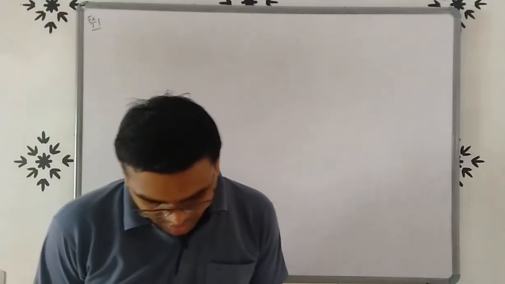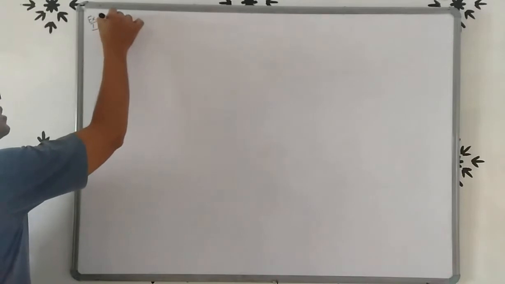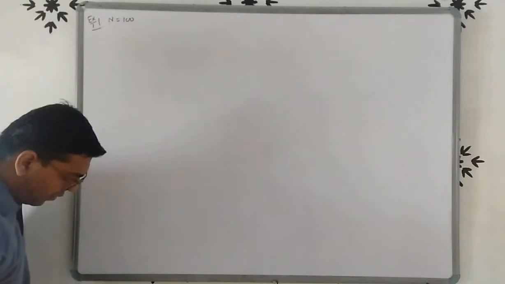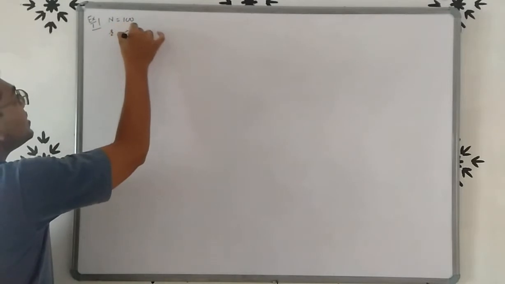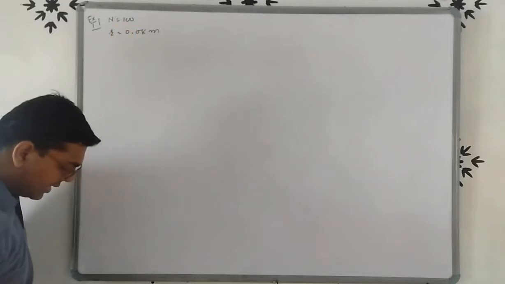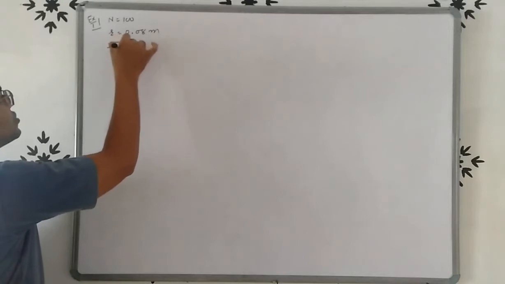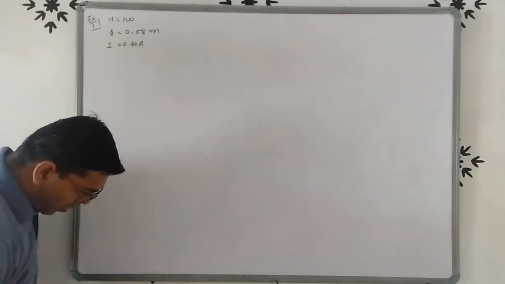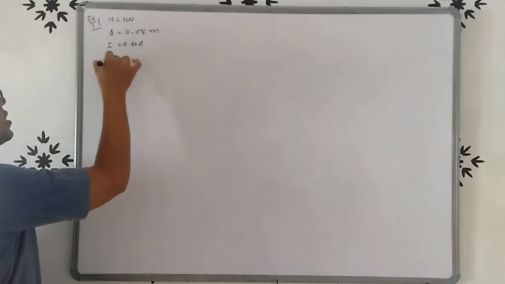Right. So here we know the value of number of turns, capital N, that is 100, each of radius 8 centimeter. So here radius is 8 centimeter, but if we convert into meter, then 0.08 meter. Carries current of 0.40 ampere. So current I is equal to 0.40 ampere. What is the magnitude of magnetic field B at the center of the coil?